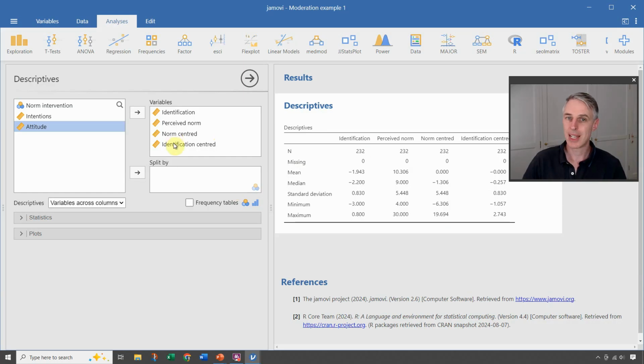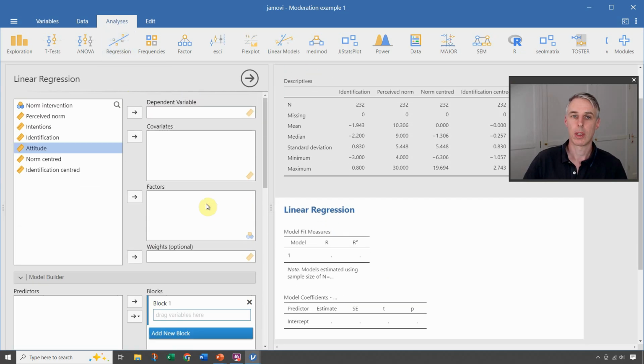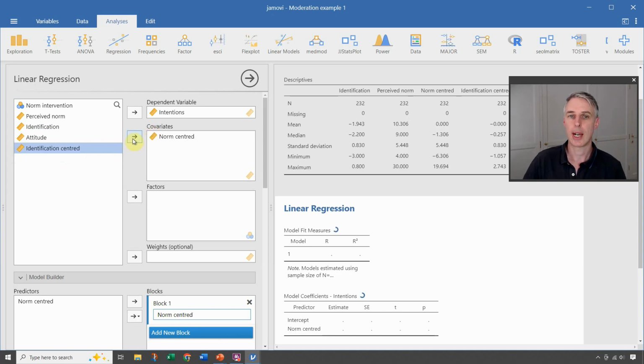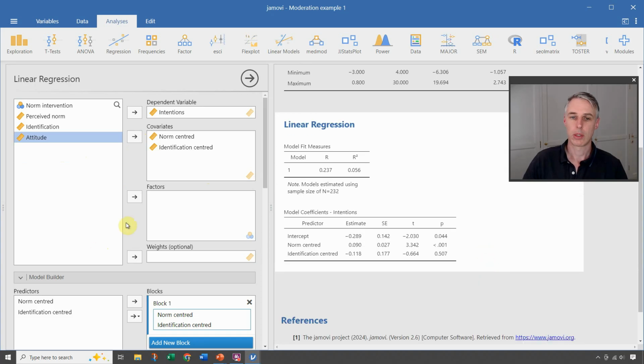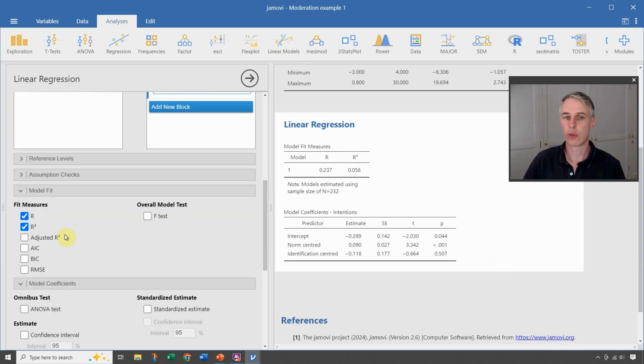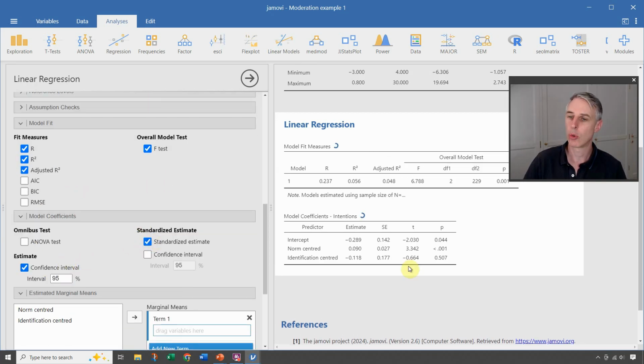So we've got our mean-centered versions of our predictors now. So let's run a regression analysis where we have an outcome variable, people's alcohol consumption intentions, and we have two predictors. Now predictors here are entered as covariates, remember, if they're continuous. So we've got norm centered and identification centered. Okay. Now a couple of things here. Let's just ask for the extra bits and pieces that we should normally do as a good habit for regression